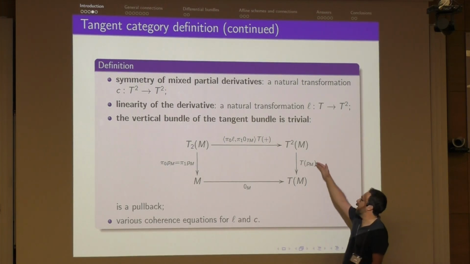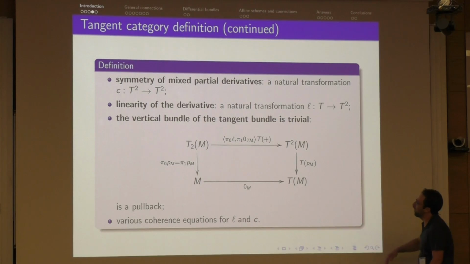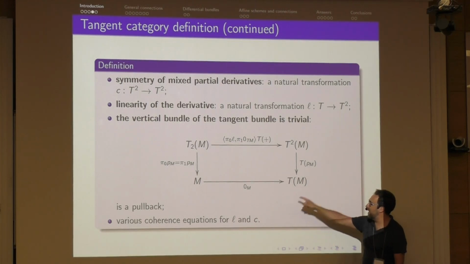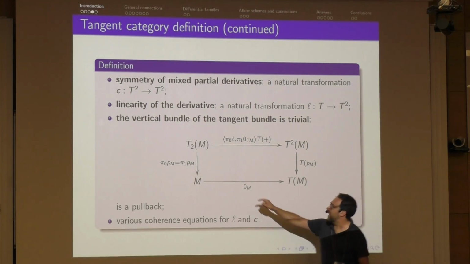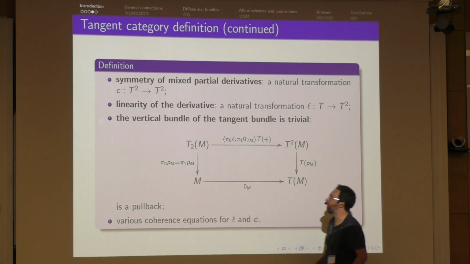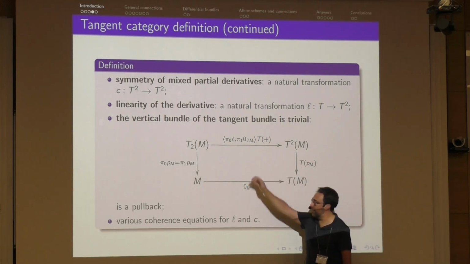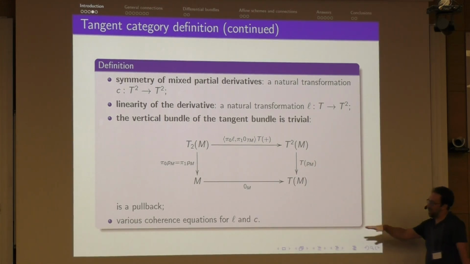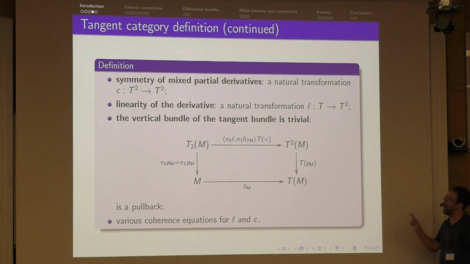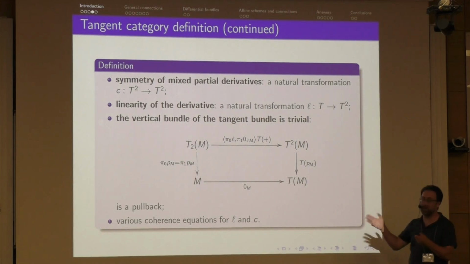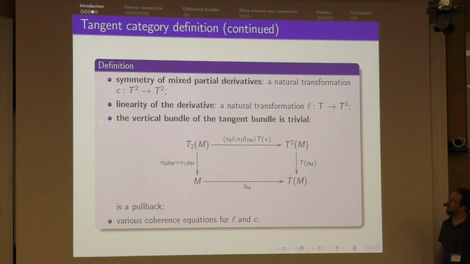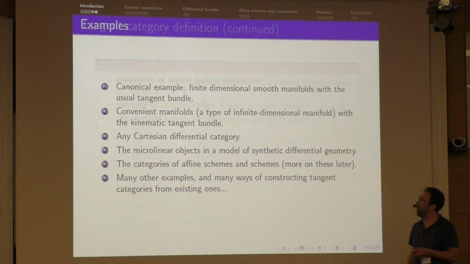So it's saying that if I look at T squared, and I look at those things where I apply T of the projection, I get the zero vector. That exactly is the space of two first-order things in the base. And so it's saying that certain second-order things should be represented by first-order things. In addition to that, there's lots of various coordinate equations about L and C and plus and zero and all these things, which I'm not going to go into here. So that's the definition of a tangent category: an endofunctor with a bunch of additional natural transformations satisfying various properties.